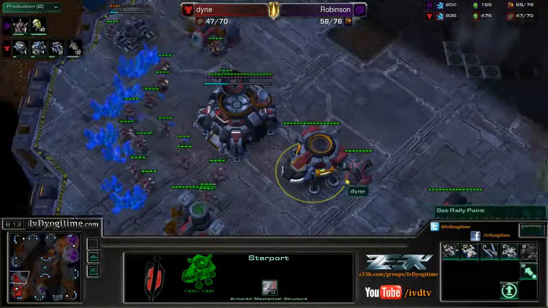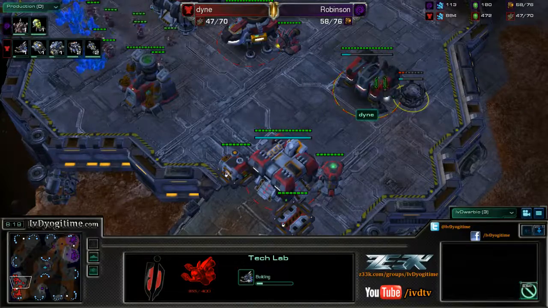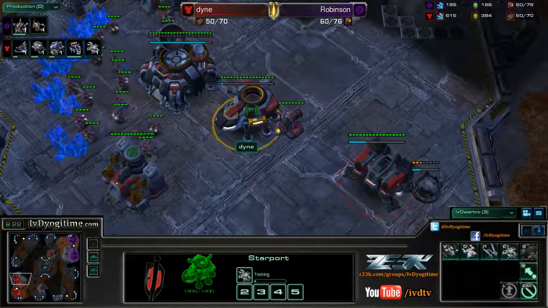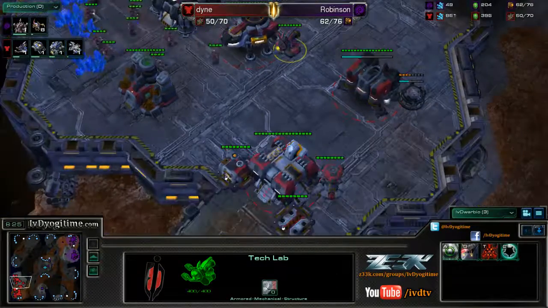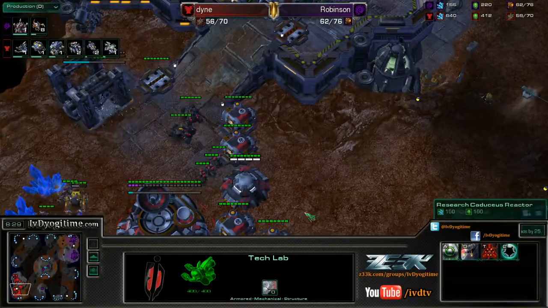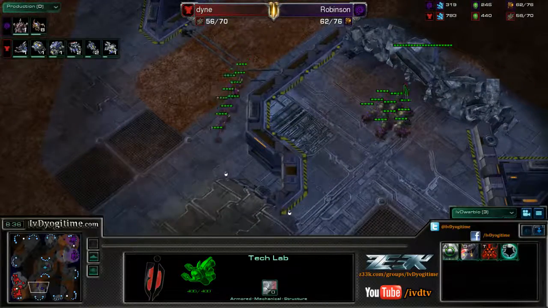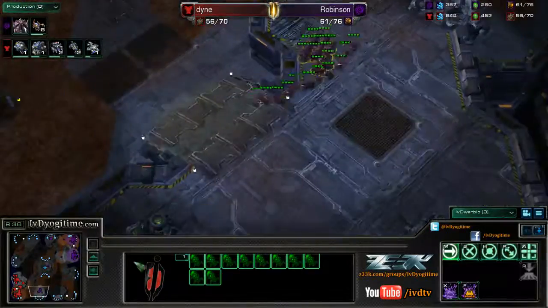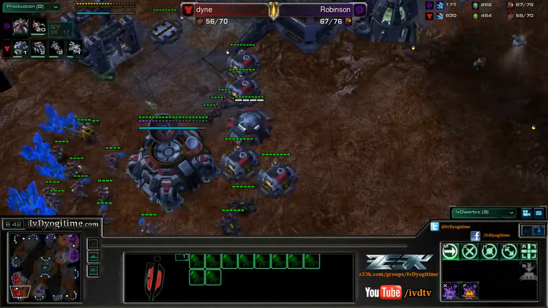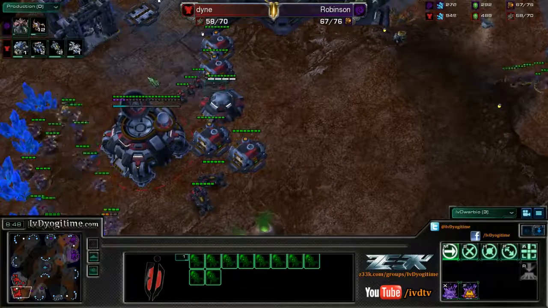We are seeing the engineering bay go down. And then he's going to go ahead and put a tech lab onto that. But the first Banshee is on the way, we're going to see he's got the gas. Is he going to go ahead and get close? See, but the Lings have already morphed into Banelings and they're going to try to come in for a bust, but they have no idea what they're coming up against, and that's one thing that...